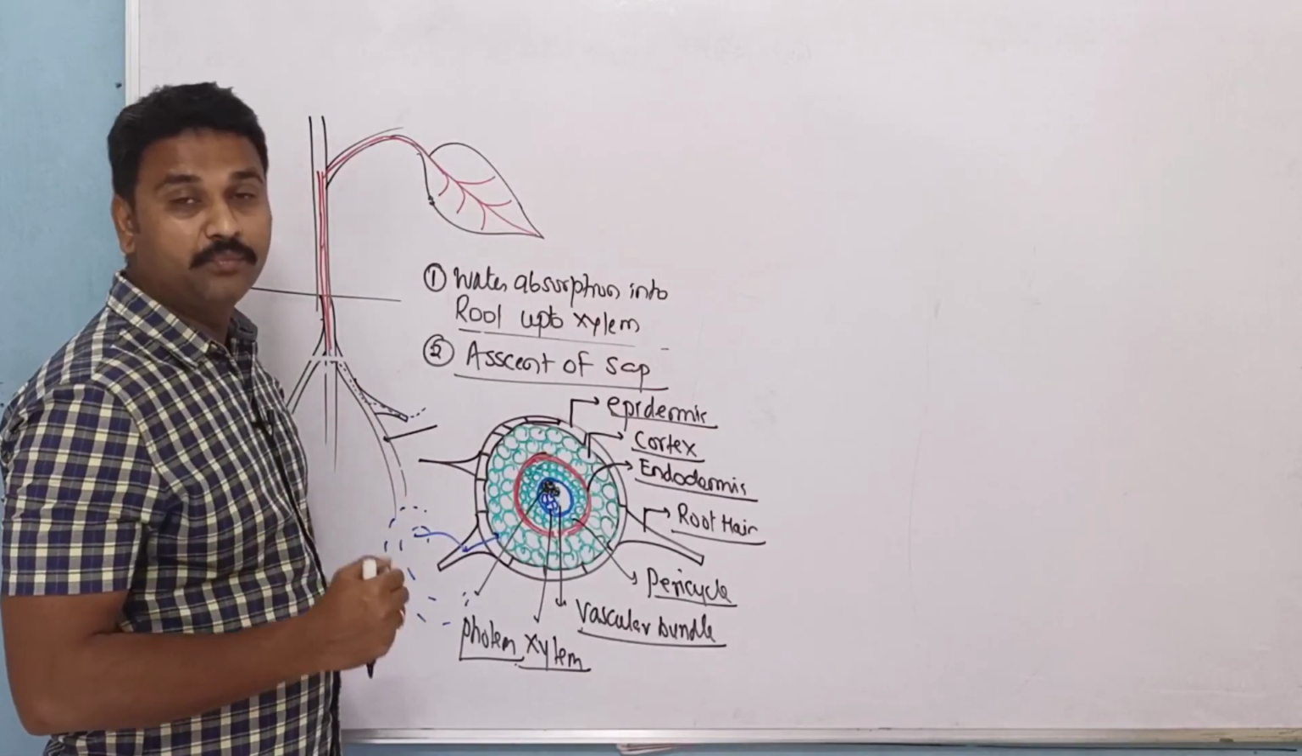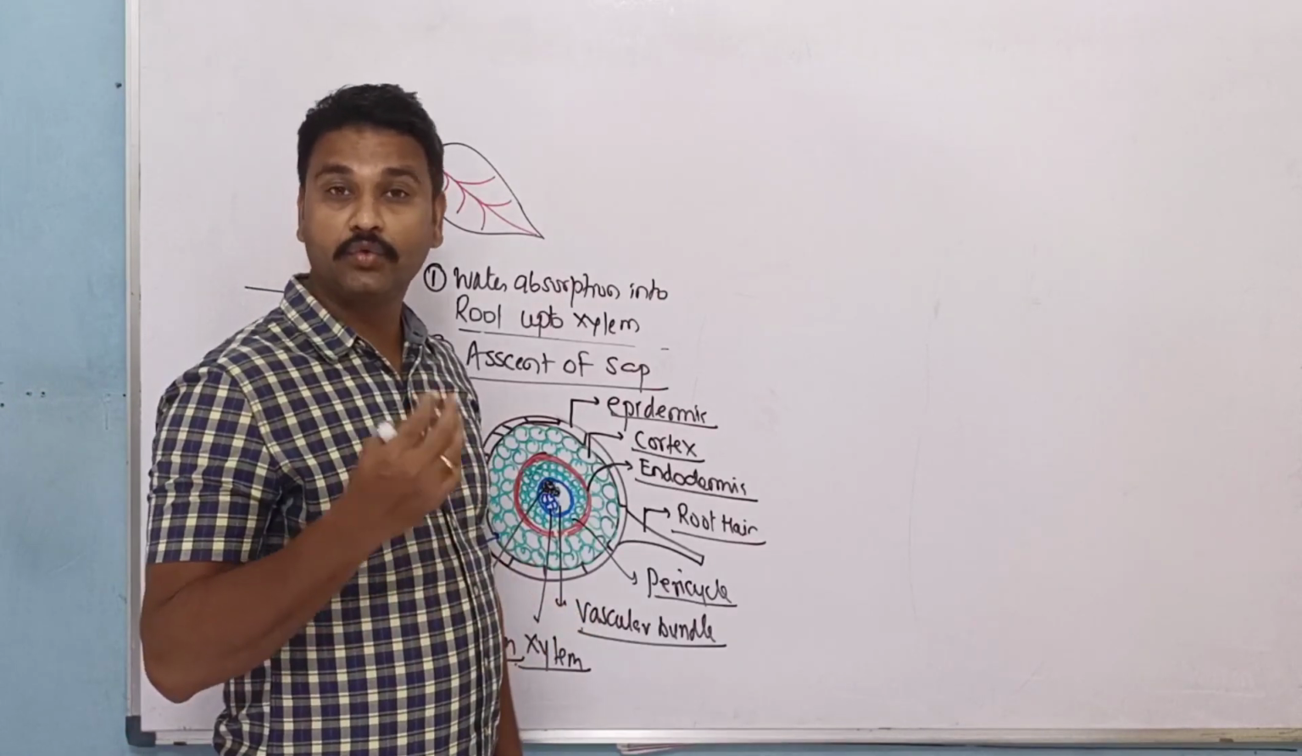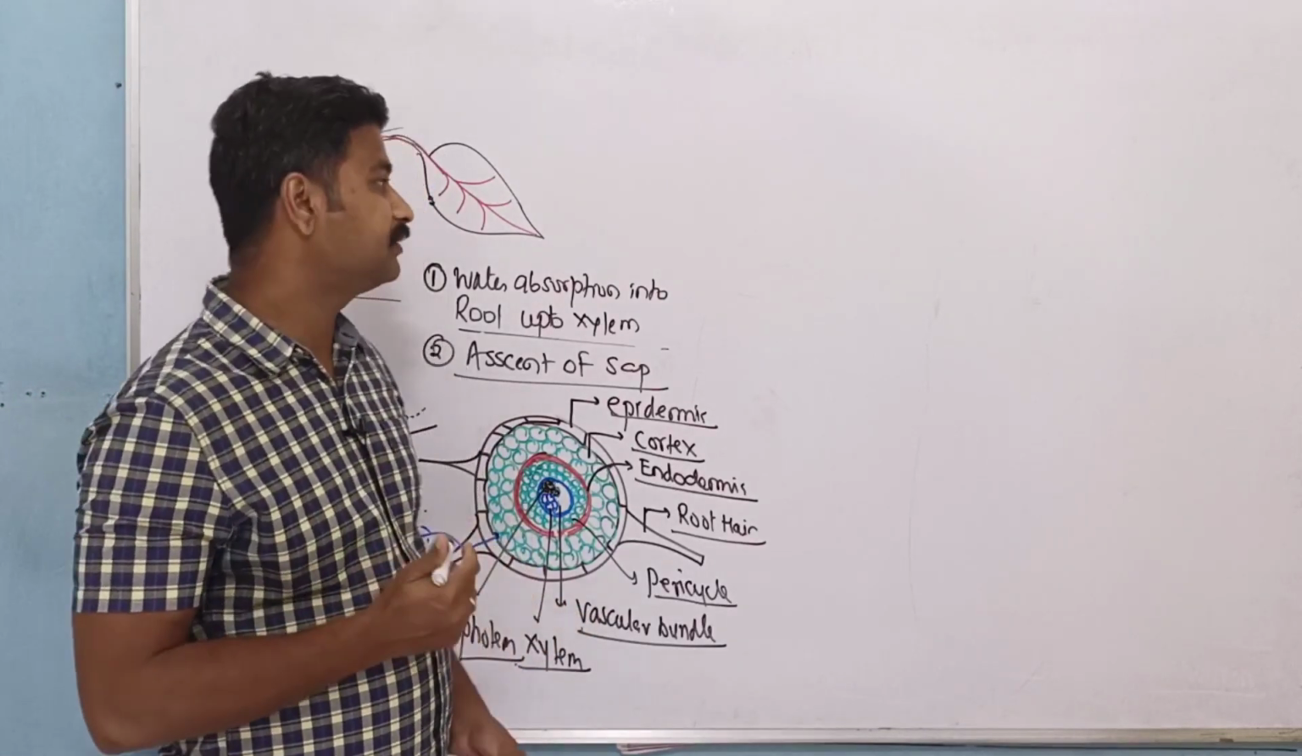The water can move from cortex up to the xylem by two separate pathways. The first type of pathway